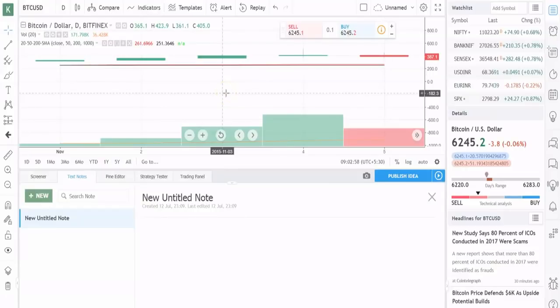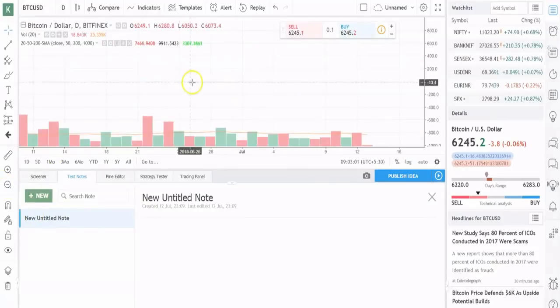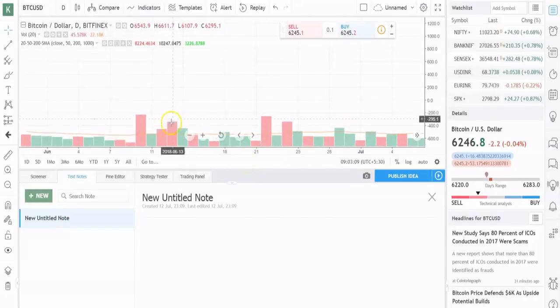Now, what's another way to prove that this was indeed the case? So I'm going to zoom out a little bit. The point I'm trying to make is, if you remember, after the Mt. Gox hack of early 2014, Bitcoin had gone into a huge bear run where it lost 80% of its value, or it went from over $1,000 of price discovery on Mt. Gox all the way down to like $200, and it had basically stayed in that range all the way till the end of 2015.